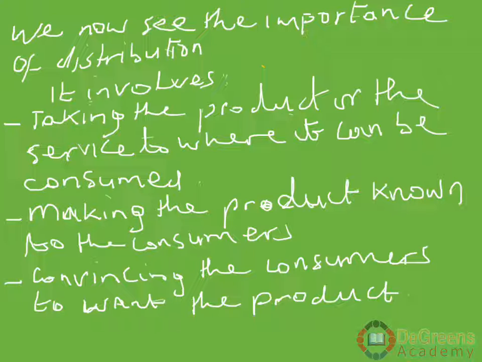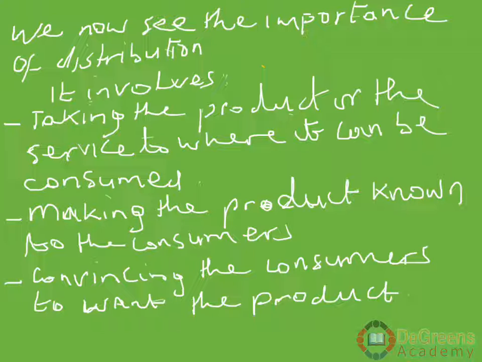The next thing is making the product known to the consumers. To make the product known, for example, there are people who go to Santa to buy potatoes. If they know that you have potatoes, they will come right to your doorsteps and buy. They may pay a little less than if you took them to the market, but you would have made it available to them by making them understand that you have potatoes.